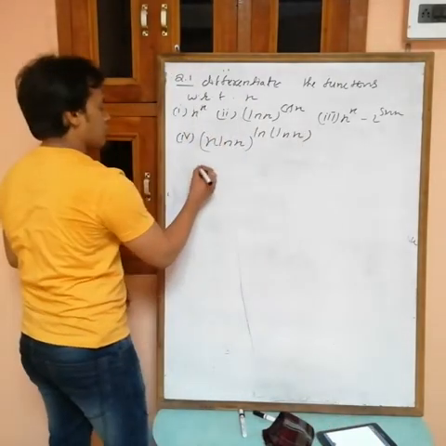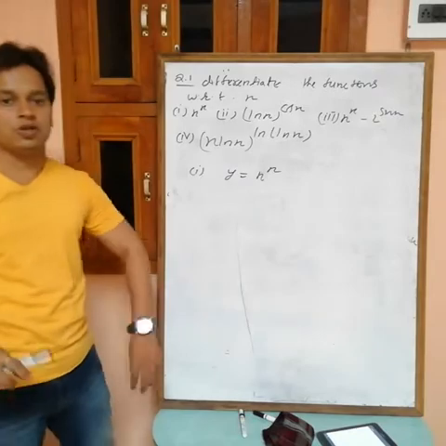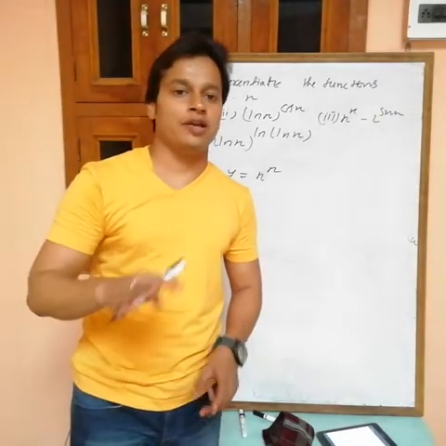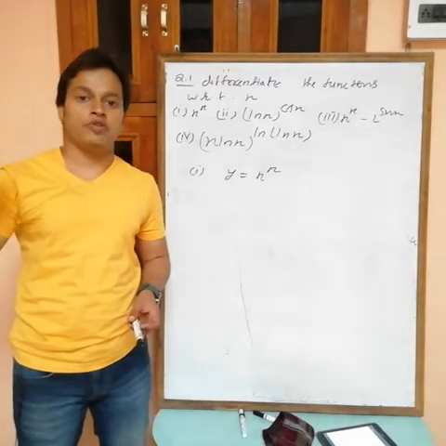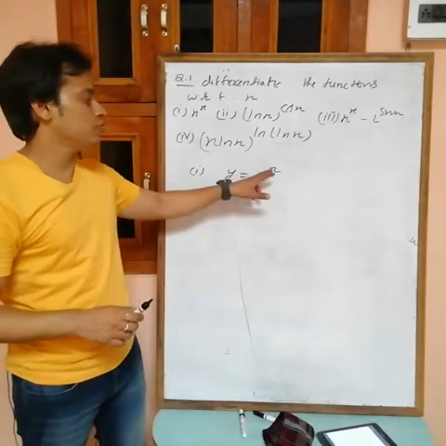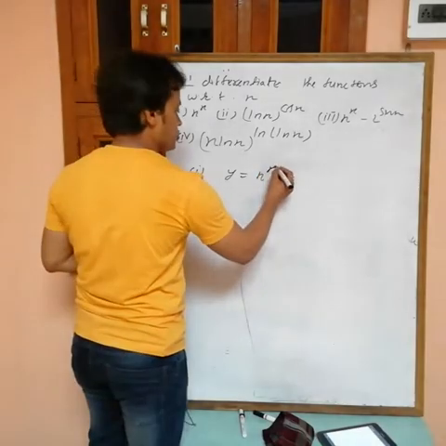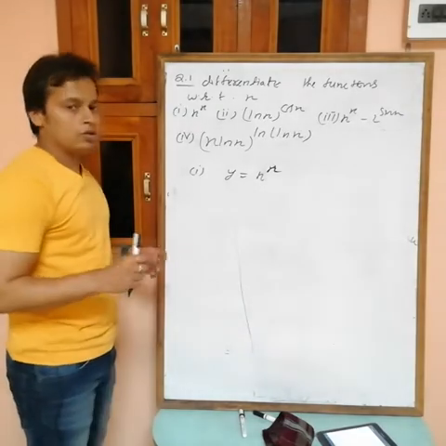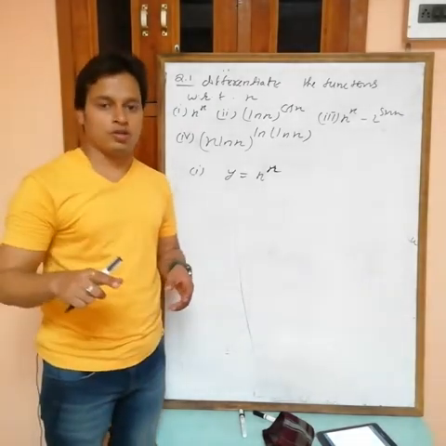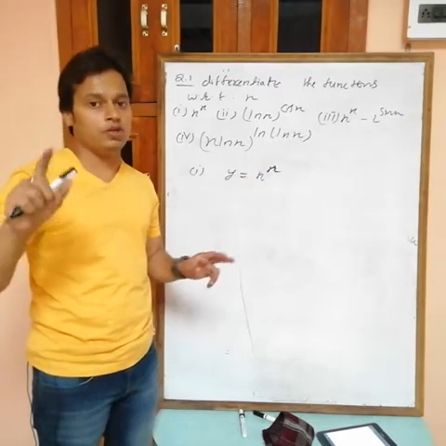Now see, first I am taking y equals x power x. We want the differentiation of this one. Can you differentiate x power x directly? Actually no. We don't know the differentiation of x power x. We know the differentiation of x power n, but you can't assume this as n, because this is not constant. If this were constant, then you could use the formula of x power n. Then there is only one option: first take logarithm. If you take logarithm, then this power can be written as multiplication, then you can differentiate.